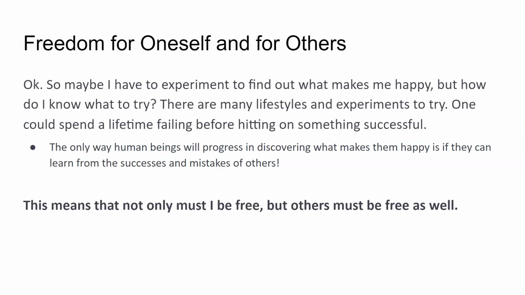And this is where it gets kind of interesting, because this is a case not just for you thinking that you should be free, but this is a case for letting other people be free, right? Other people need to be able to pursue experiments so that I may learn from them. In the same way that other people need to be free to pursue scientific experiments so I can learn more about the world, other people need to be free to pursue living experiments, to try new hobbies, to create new games and sports, to attempt to start new businesses and professions and ways of earning a living, right? All of these things we need to be free to do, and other people need to be free to do, because we can learn from their successes as well as their failures.